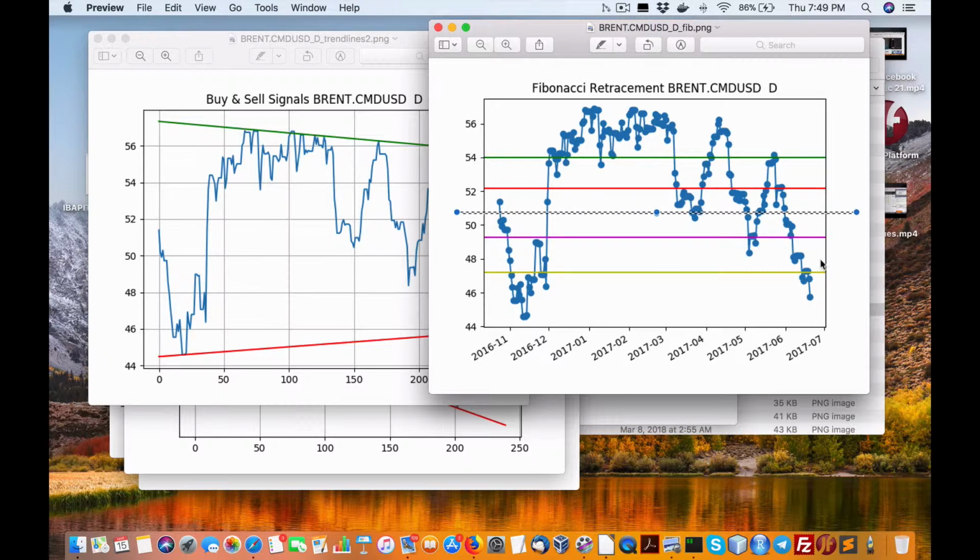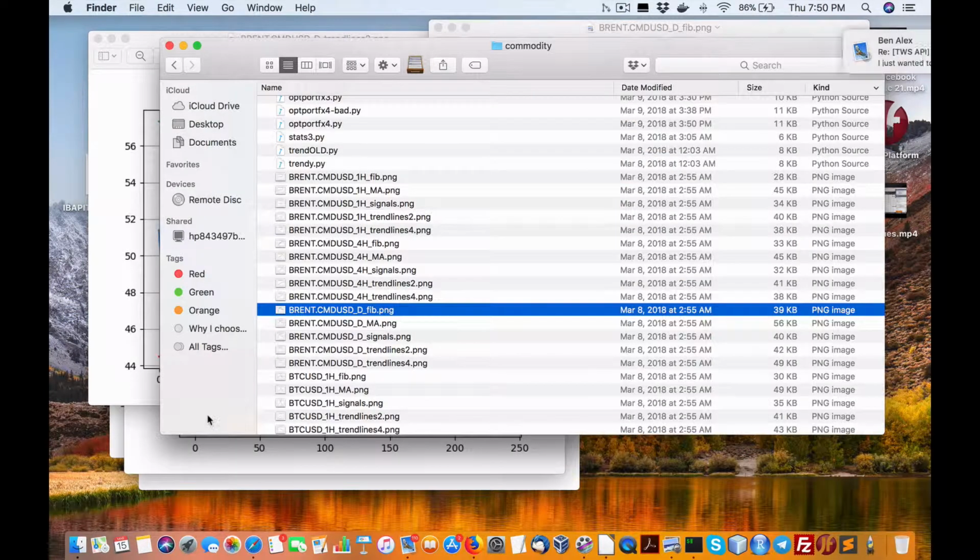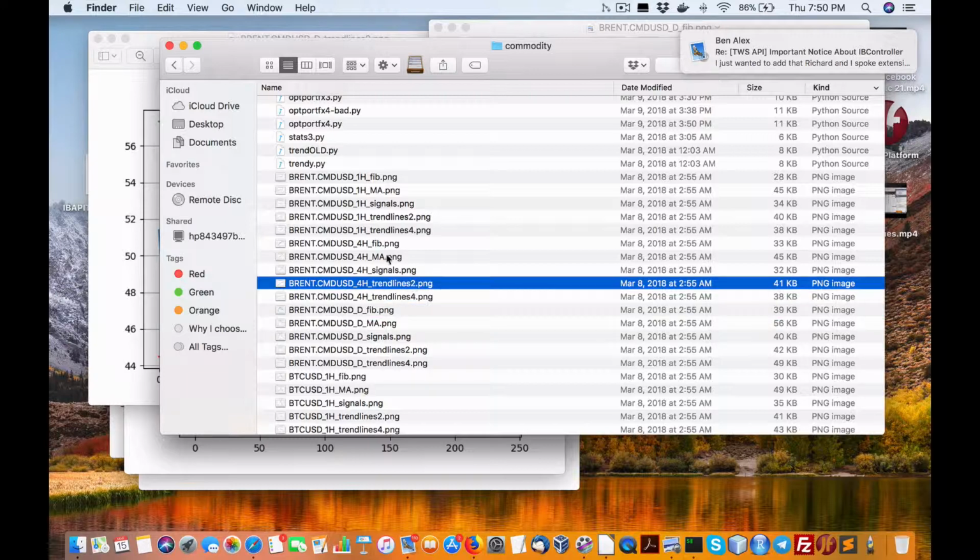From a high level, you can clearly see that the price of oil is definitely underpriced. At these periods, it's overpriced by a lot. And again, that's historically since 2016. So when you go into the 4-hour Fibonacci,